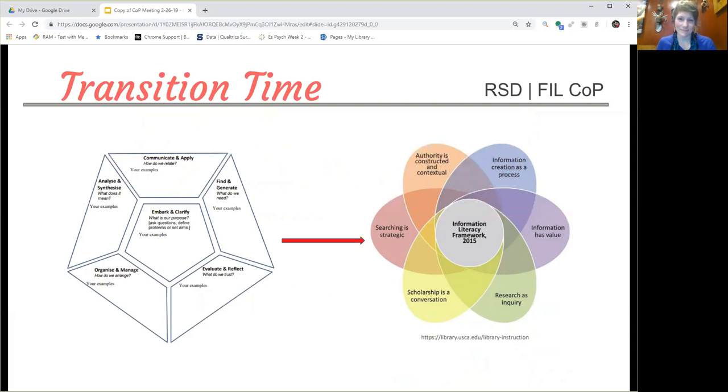I have the two representations of both frameworks up here for you folks to look at. One of the things I'm going to have you do is look at those between now and the next time. So we're not going to spend a whole lot of time on them today, but I wanted you to take a look at where we were going to be going in terms of frameworks and what they look like.